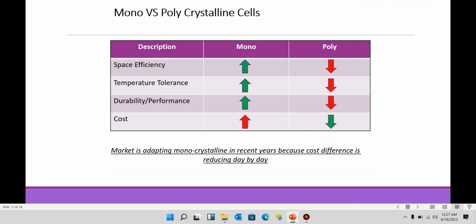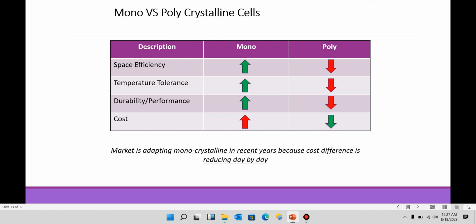There are a few comparisons of monocrystalline versus polycrystalline. The monocrystalline panel has a higher area efficiency as compared to the polycrystalline due to its material and formation characteristics. Number two, the temperature coefficient is much better in a monocrystalline panel as compared to polycrystalline. Third, we have durability and performance. As the temperature coefficient is much better in monocrystalline, the performance of the monocrystalline panel is higher as compared